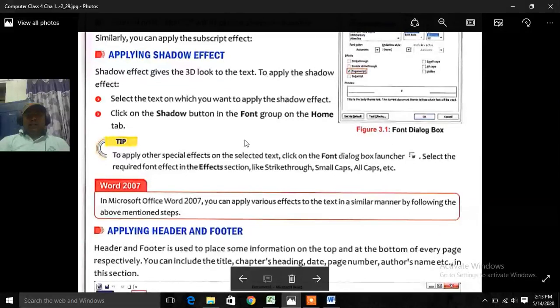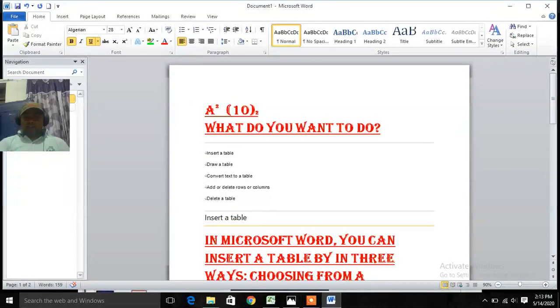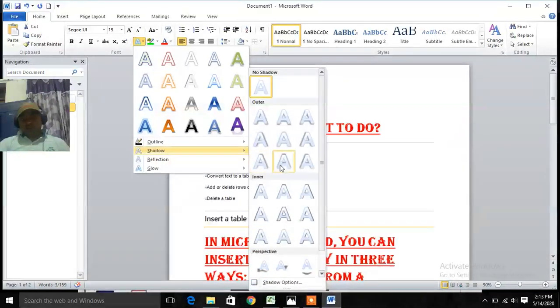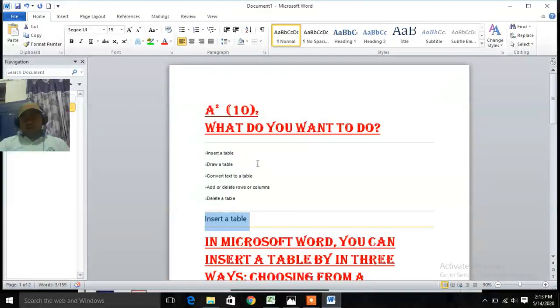Now applying shadow effects. Shadow effects give a 3D look to the text. To apply shadow effects, select the text, click on the Shadow button in the Font group on the Home tab, and you can apply the shadows like this. Insert a table, select and click here, click on shadow, and from here you can apply the shadow.